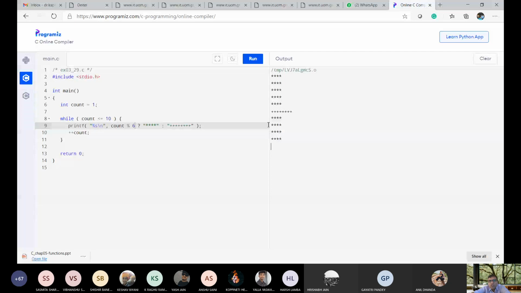Or let me write 0 or 1, 0 or non-zero. So you can see the 0 and non-zero remainder. So this is the logic of the program.